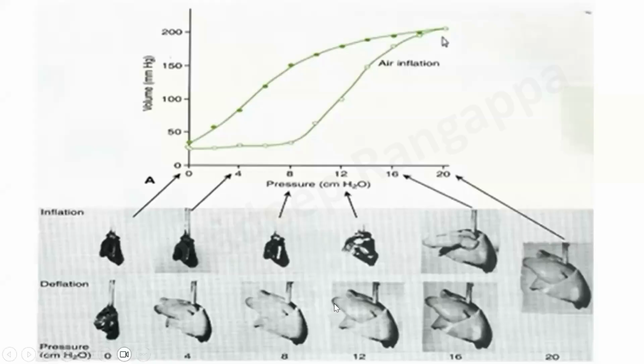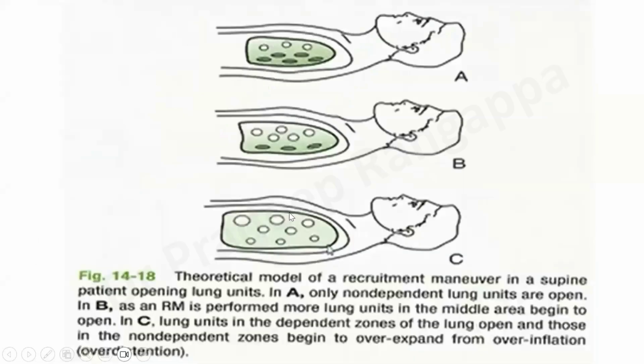This is a pictorial representation of what happens in recruitment in pig lungs. And this is a good slide where again you see most of the de-recruitment and the atelectasis has happened at the bases. So with a recruitment maneuver, you tend to open up the alveoli. But what can happen at the other extreme is if you try to open up all alveoli, then there can be over-distension of the already distended alveoli, which leads to barotrauma. So we do not know what sort of a recruitment PEEP is safe for any lung. So this is the problem with recruitment, and that's why it improves oxygen, but it can lead to deleterious effects.